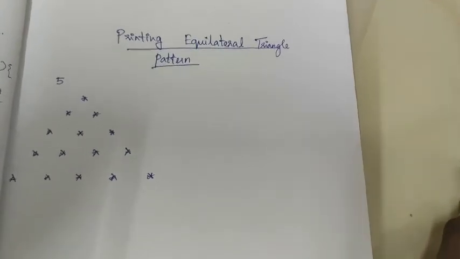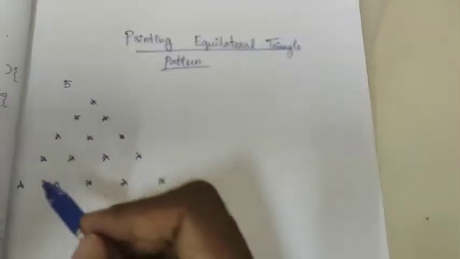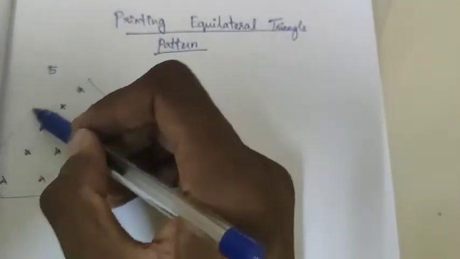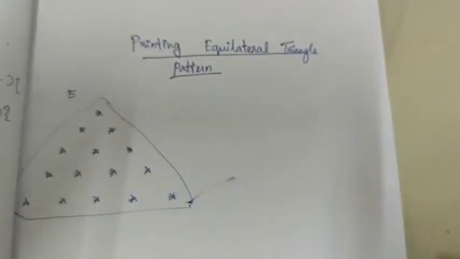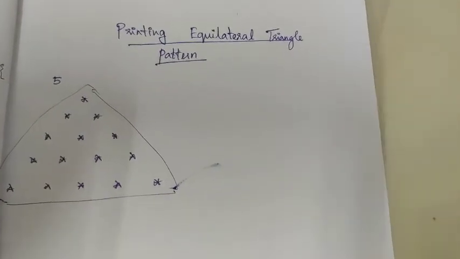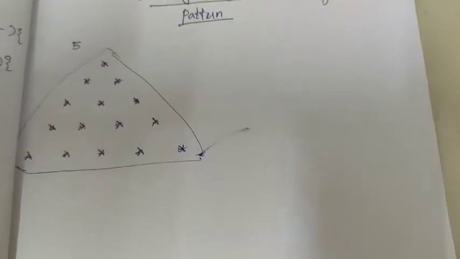So the equilateral triangle looks beautiful, but many people believe this program is tough, and I am going to tell you it is very easy. We are going to use a very limited number of for loops. Fine. So the first case,